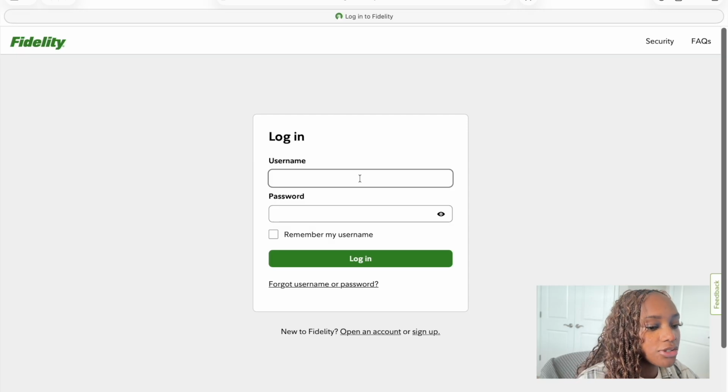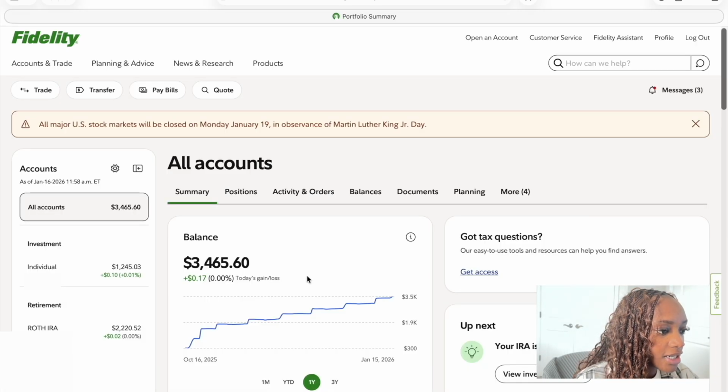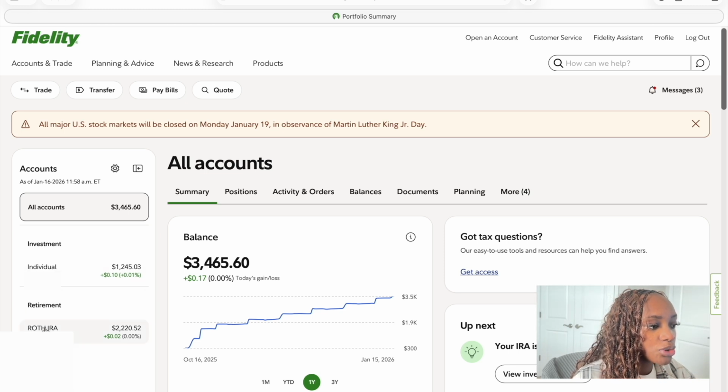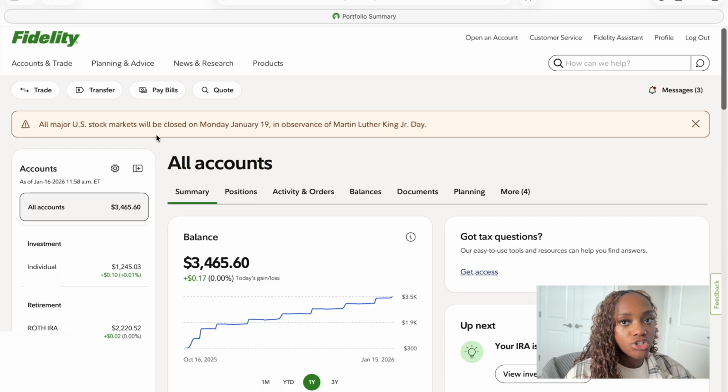let's get into it. I'm just gonna go ahead and log in. This is the total balance that I currently have. I do have both an individual and a Roth IRA account. I want to show you guys really quick how you can transfer money, just so you have an idea on the process and how it works. Obviously, like I said, I have automatic withdrawal from my bank account to Fidelity already every 2 weeks, every time I get paid. So I don't have to do this step, but I still want you guys to see how